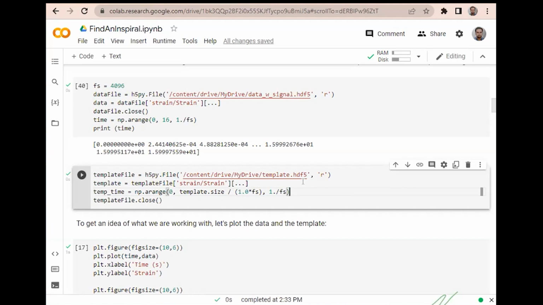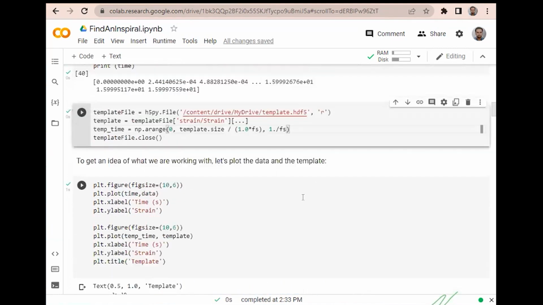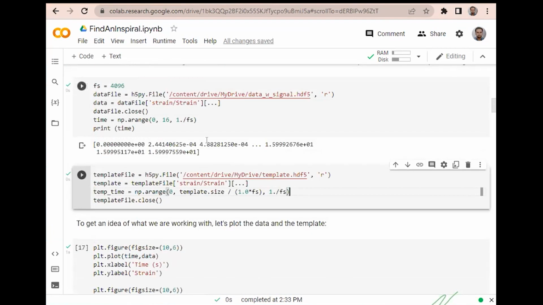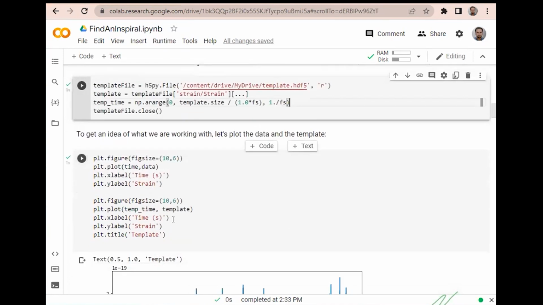It may ask your permission to read the Drive content. Yeah, that's fine. Okay, so next, once we have uploaded and defined your data very well, we can try to plot it,